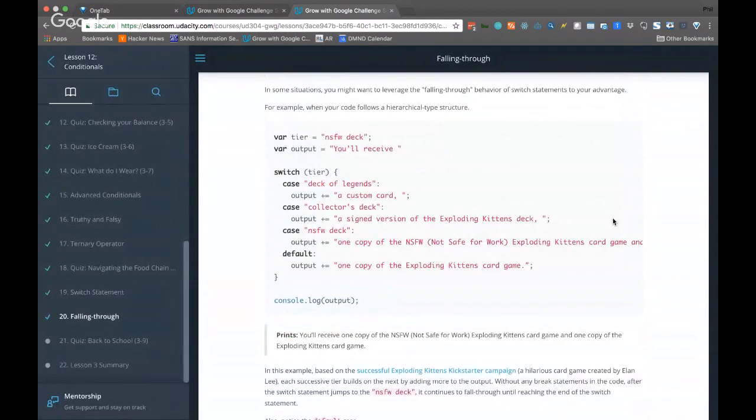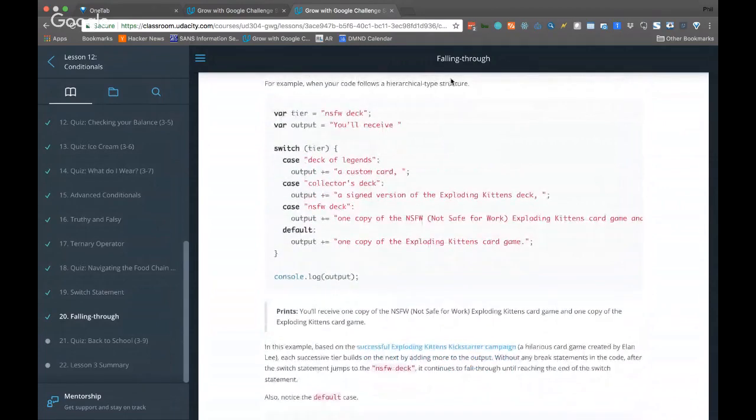All right, so falling through. In some situations, you might want to leverage the falling through behavior of switch statements to your advantage. For example, when your code follows a